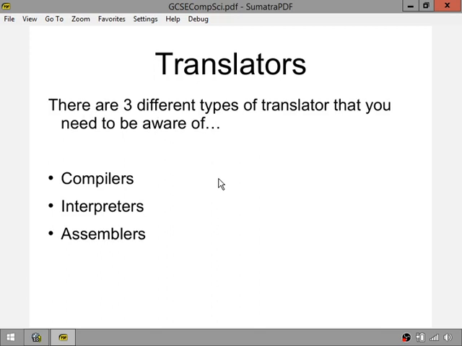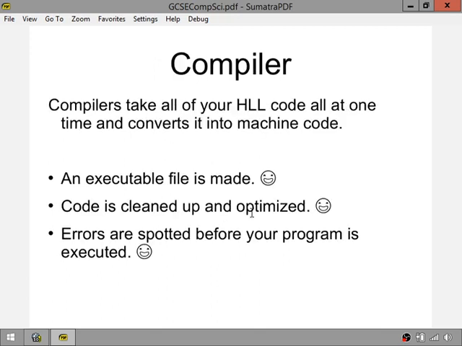Okay, you also need to be aware of three different types of translator: compilers, interpreters, and assemblers. So starting off with compilers. Compilers take all of your high-level language code, so it takes all of your Visual Basic code, for example, and then converts it into machine code,